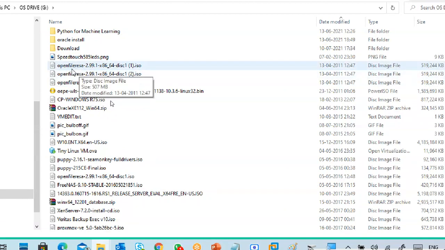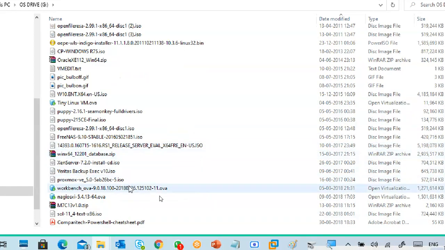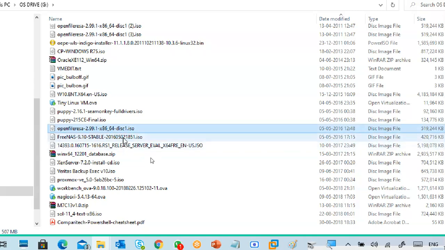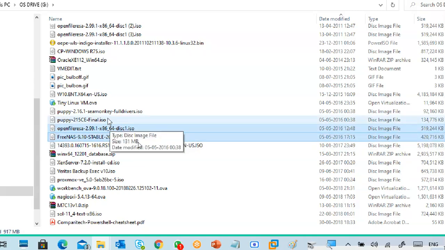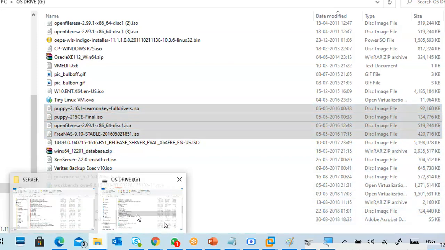Guys, remind me what is this open filler? Yeah, I will copy these things. It will take at least 1 GB, so 1 GB means it will take time.